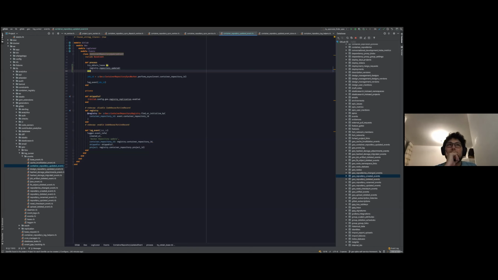Let's see. Okay, maybe we can store this into a different table. That would be one option. Like this one more time. Another way,